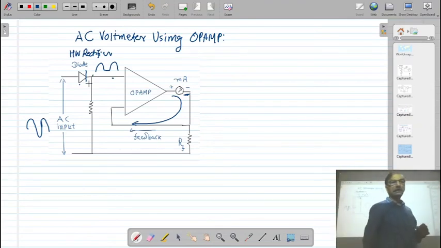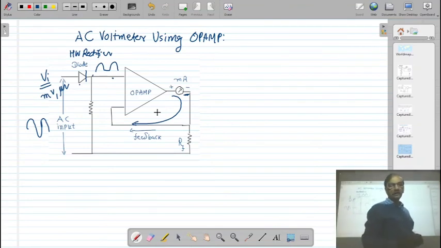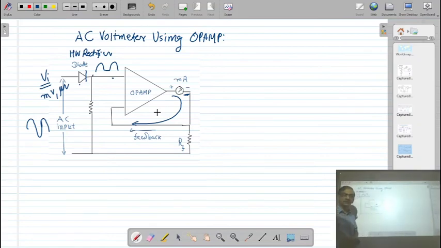We know that if you have a silicon diode, then the drop will be around 0.6 volts. If it is a germanium diode, it is around 0.3 volts. So if my input voltage is in the order of a millivolt or a microvolt, then you cannot measure the voltage, because the diode is not going to conduct. So you will not get any output voltage. So if you have the rectifier before the amplifier, then you cannot measure a small amount of voltage.